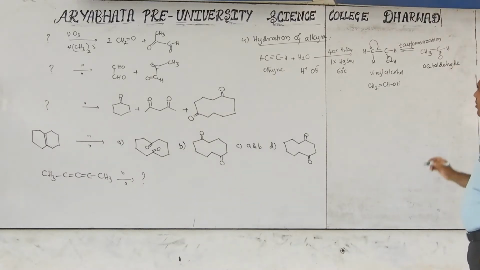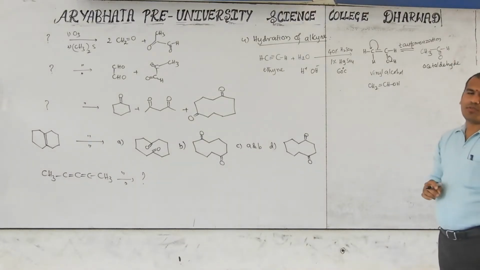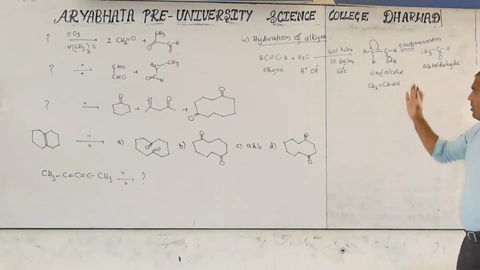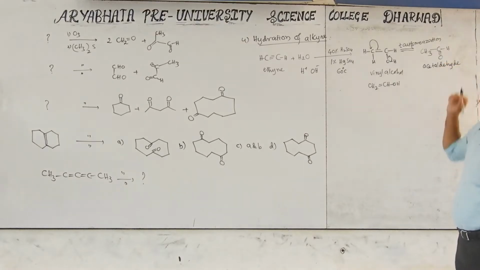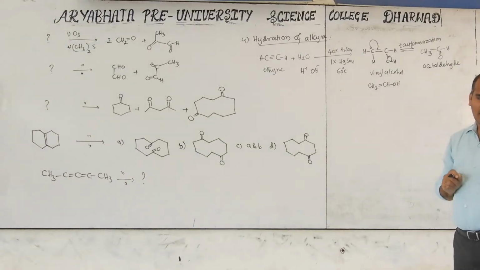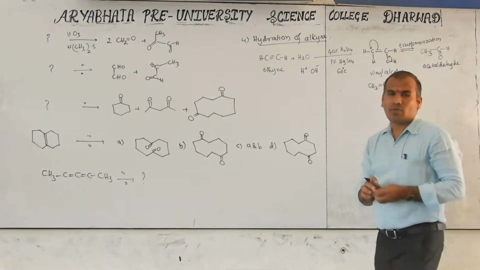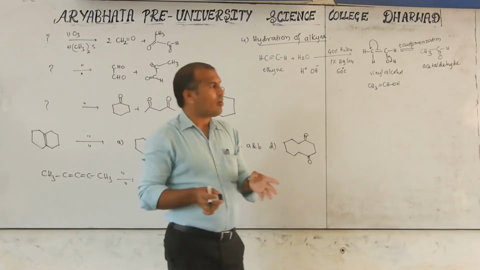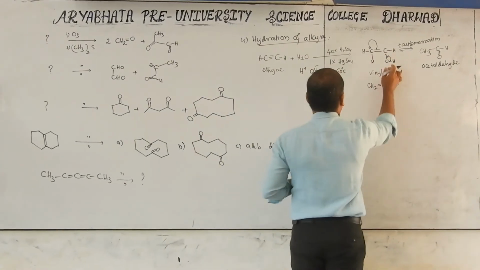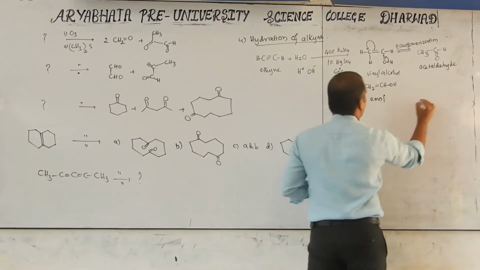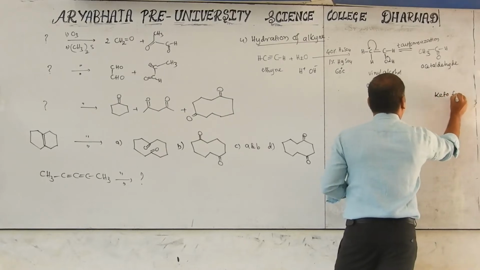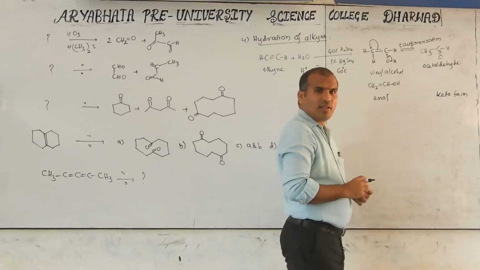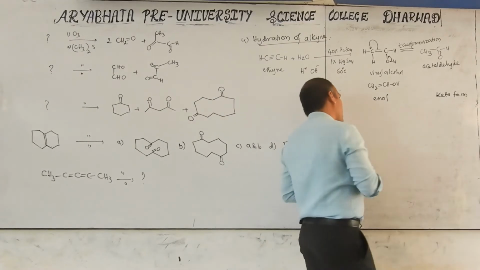Acetaldehyde. But in examinations many students get confused. Both are given, then which is the final product formed? Is vinyl alcohol formed or aldehyde formed? That is the question. Already in tautomerization I explained that when a monoketone is there, the ketone form is favored over the enol form. This enol form has the double bond and O H. This is the ketone form. Here aldehyde is there, but it is also called the keto form only. Then which is the favored form? The keto form is favored, once again.